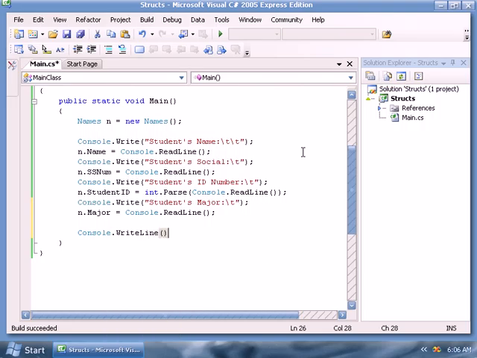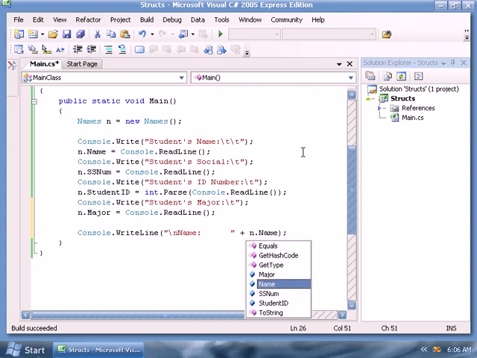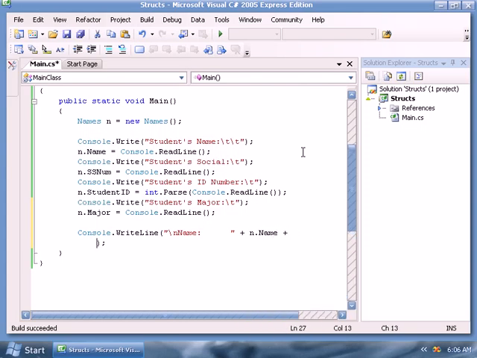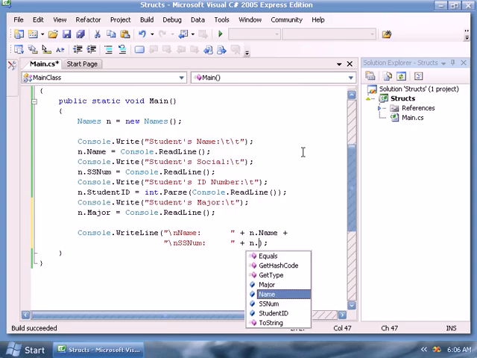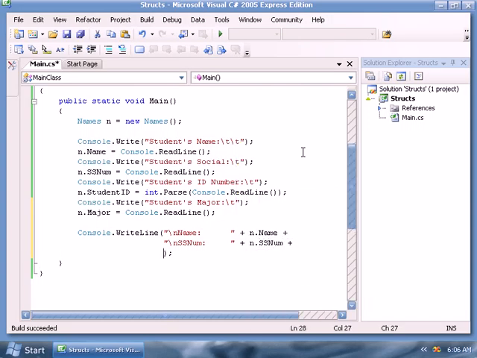Console.WriteLine. This time I want to do a WriteLine. So let's do a new line, and then we'll do name. Yeah, let's just space out a little bit. And then plus n.name. Plus, and then we'll come down to the next line here. Backslash n, ss num colon, and we'll space out to here. Plus n.ss num plus, and let's come down here again. Backslash n